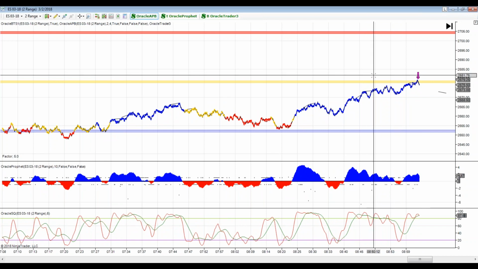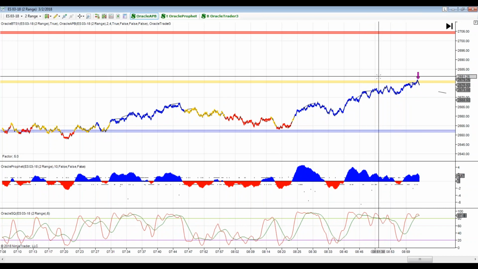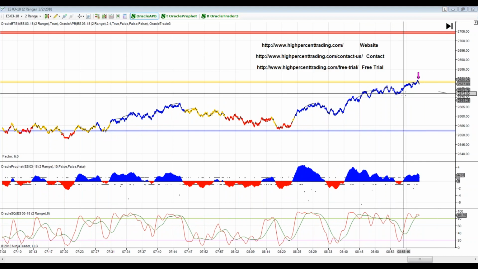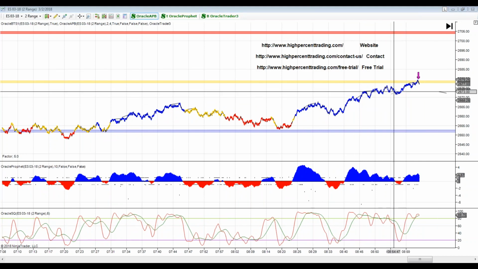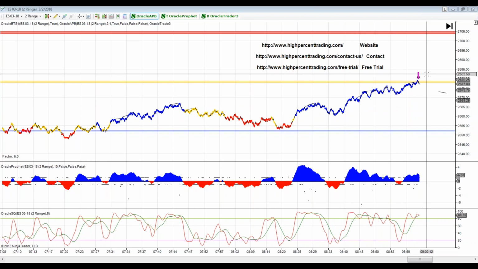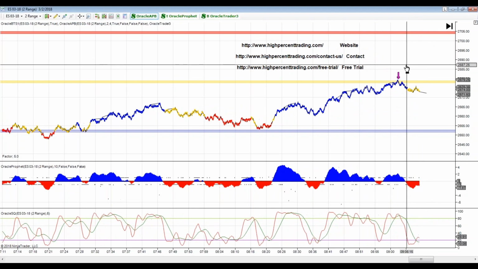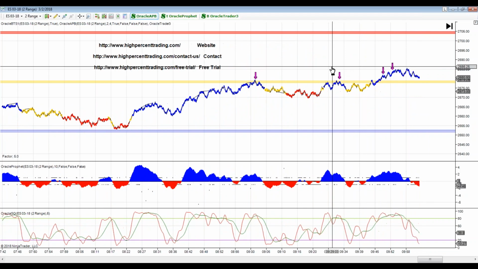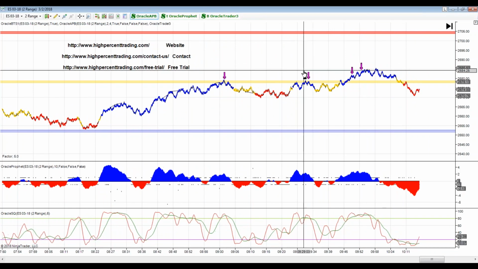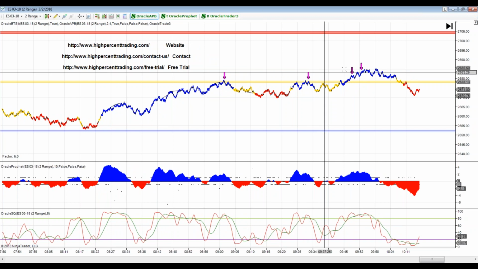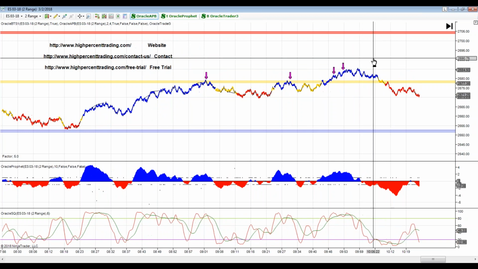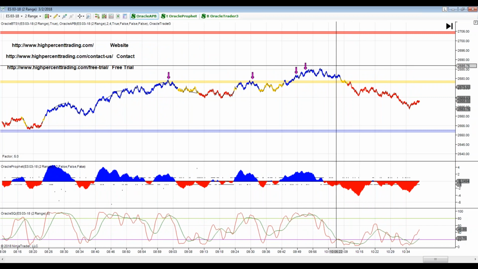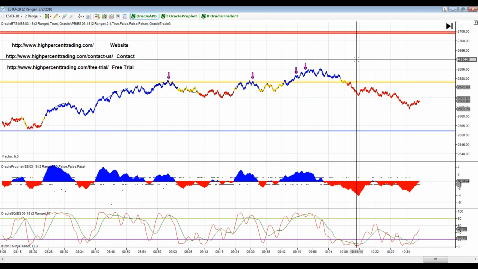resulting in a couple of other short trade setups here as we move back into the gold zone. So as the market rallied back up into the gold zone, we had another sell here, resulting in some pretty good trade setups. Let me just show a couple of these again as we're moving through the zone, signaling our short trade setups as we're going through here. So again, very powerful,